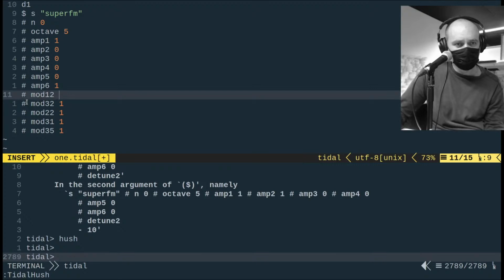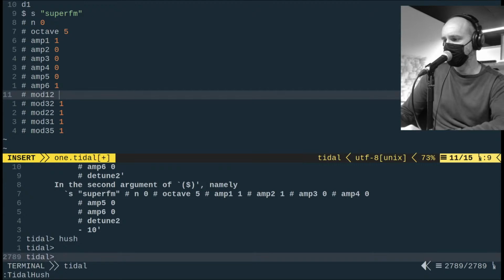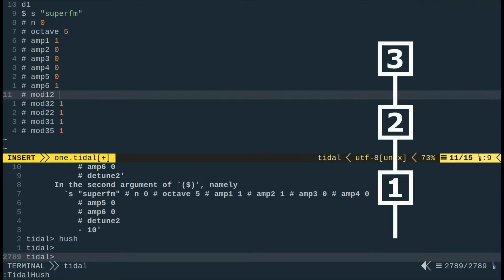Could you talk about modulating modulators? If I understand correctly, that is possible. Yeah, that's the basic idea. It's the stack. This is number 3. It's modulating number 2, and number 2 is modulating number 1. If I mute 2,